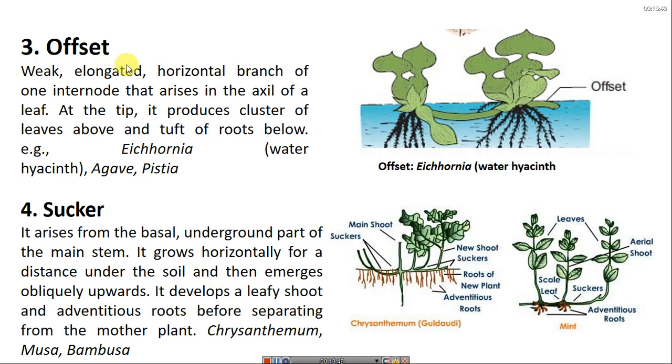The third type of creeper is offset. It is usually found in aquatic plants. You see here, these are the horizontal branches coming from the basal part of the plant. These are weak, elongated horizontal branches having one internode that arise in the axil of a leaf. This stem will arise and grow horizontally,